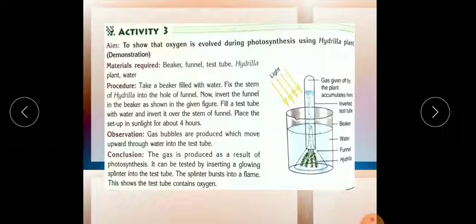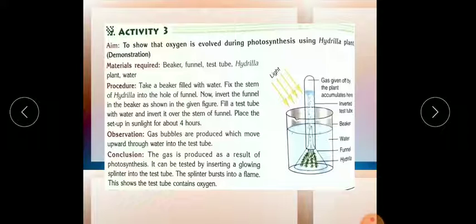So we will take the beaker, and the funnel you can see we are using for pouring kerosene oil and all, this funnel, and this is a test tube. Okay, so 3 apparatus, and we need a hydrilla plant. Hydrilla is a submerged aquatic plant. Okay, so it will release oxygen gas. When it respires, the whole body will release a high amount of oxygen gas. So underwater we can easily find the bubbles of oxygen gas. So that's why we are taking this hydrilla plant for this experiment.